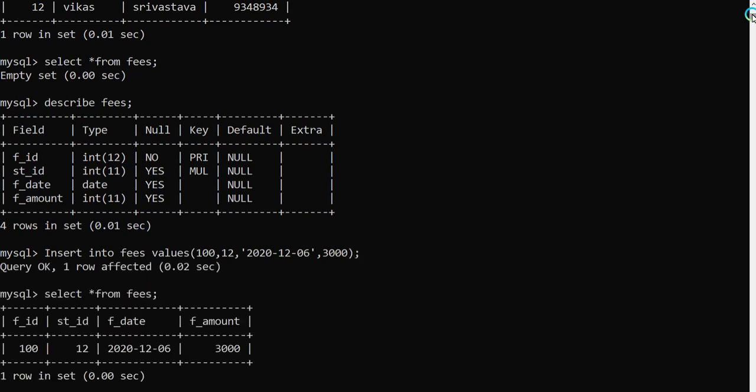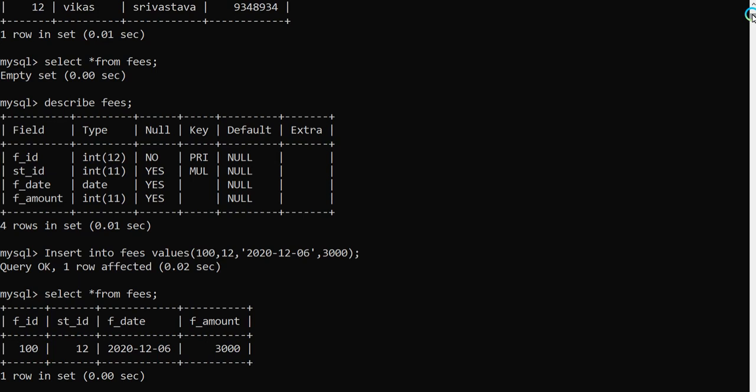Now if you want to see, look here, one record is created. But in that case, if you write here insert into fees values 100, id is 13, we all know that 13 is not in the table.